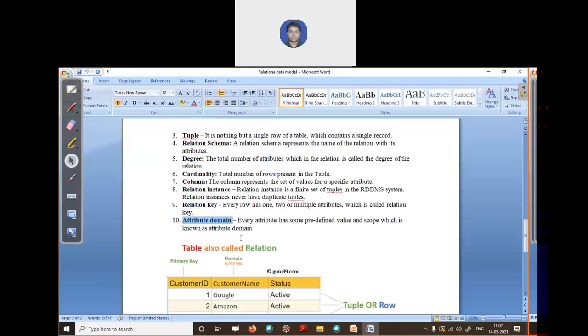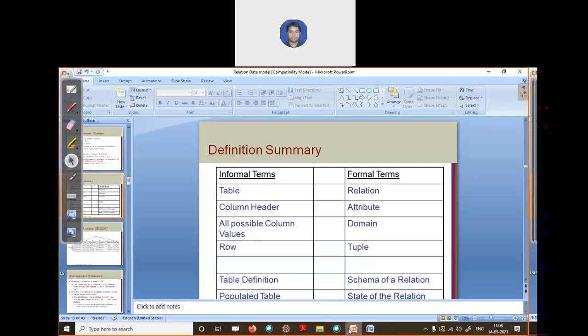Attribute domain defines the values that an attribute can attain, or allows to be stored in that attribute. This domain is a kind of restriction over the relational data model. So these are some key concepts we have discussed.